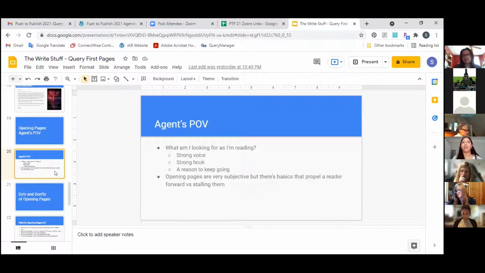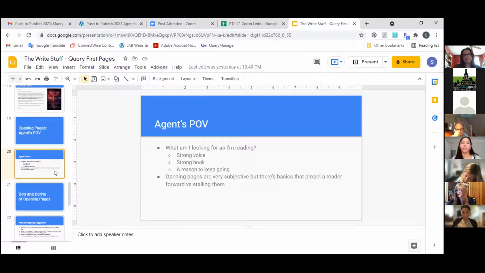And really, with your first pages, I would encourage you to think of them more as part of a whole rather than as individual parts, because when you pick up a book for the first time, I'm sure you give at least the whole page a chance, because sometimes style and rhythm are not shown in that first sentence all at once. You take the whole first page or first couple of pages to really develop the rhythm and the world of the story. So when I'm reading first pages, I give the whole first page a look. I'm looking for these things.